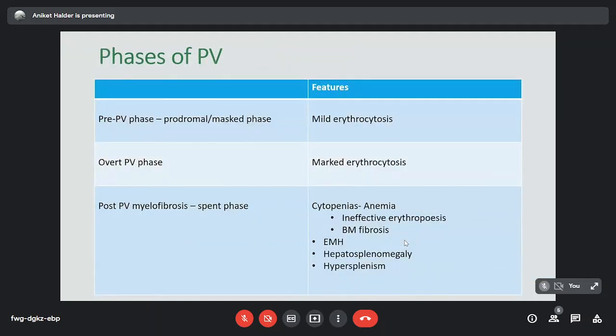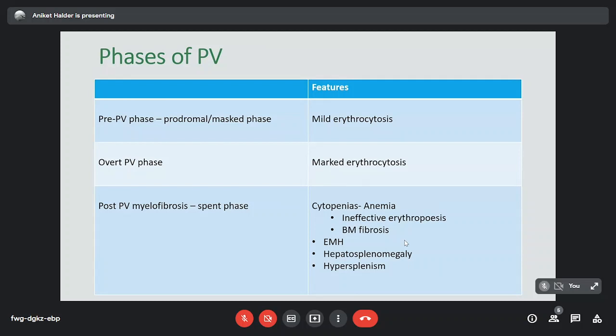Now, the phases of polycythemia vera, as I had said: polycythemia vera can have a pre-polycythemic phase, which is a prodromal or masked phase with only mild erythrocytosis. Then the overt polycythemia vera phase, where there is marked erythrocytosis with characteristic bone marrow changes, as I had said, trainees: hyperplasia with panmyelosis and presence of pleomorphic mature megakaryocytes. And third is the post-polycythemia vera myelofibrosis, which is also called the spent phase of polycythemia vera,